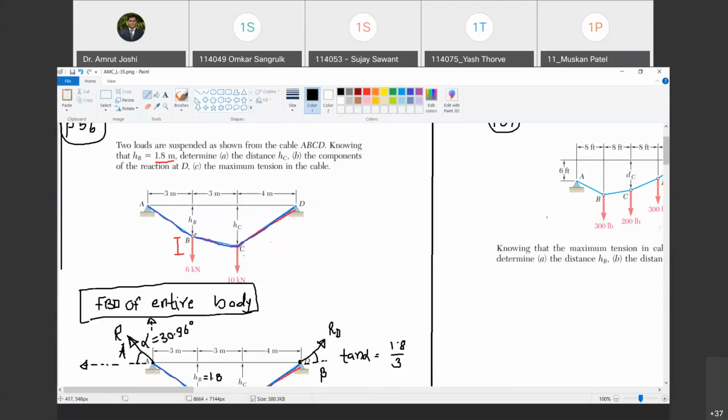If I am going to draw free body diagram of left hand side part of the cable, I will give cut just right of B. If I am going to form a free body diagram of right hand side part of the cable, then I will give cut just left of B. Are you with me? Yes, sir. So right now I am going to draw free body diagram of the part to the left hand side of the cut, and therefore I am going to take a cut just right of B, here I am going to give the cut. Are you with me?